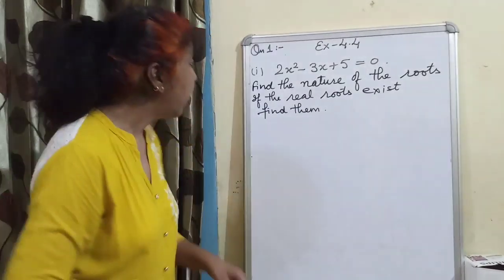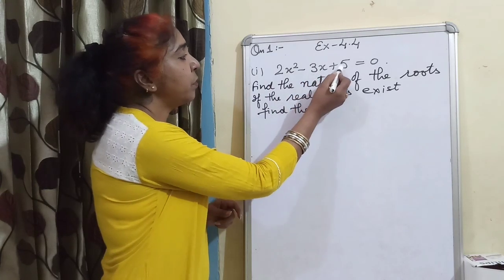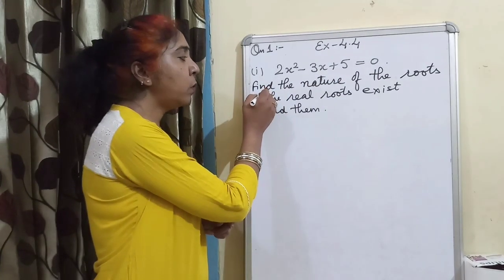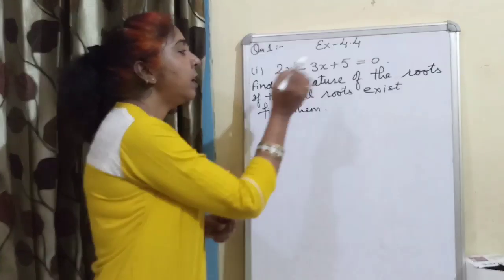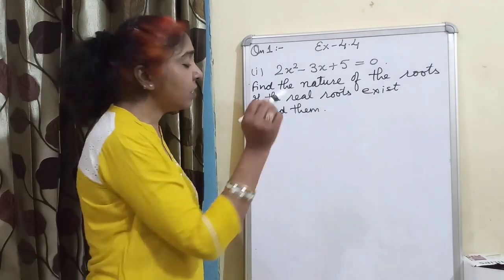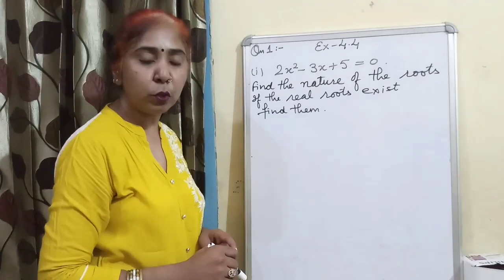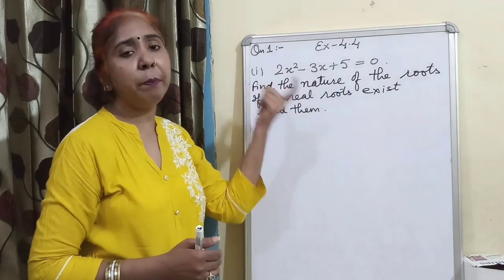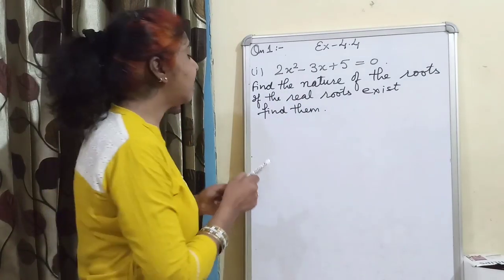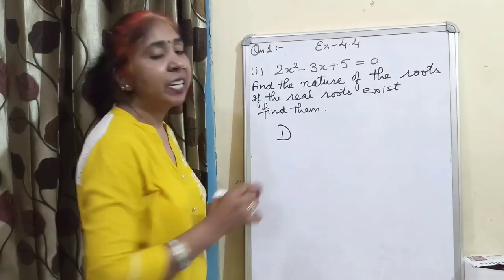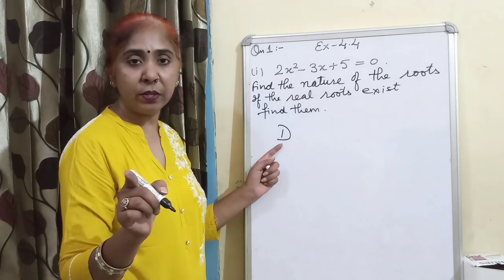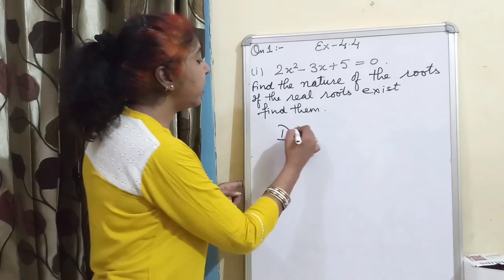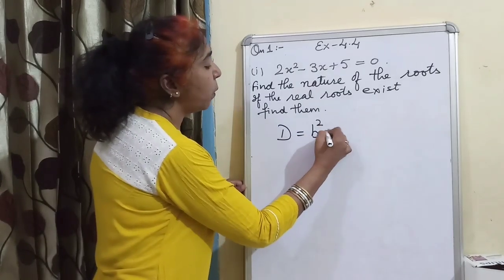Okay, so here is the equation: 2x square minus 3x plus 5 equal to 0. The nature of the roots we have to find out, and if the roots are real, meaning they exist, then we have to find them also. So first of all, we should know what this nature of roots depends on. It depends on D. D means discriminant. And the formula for D is b square minus